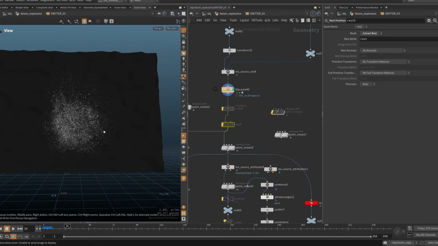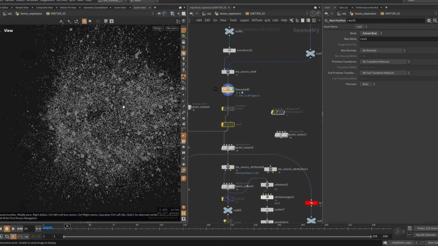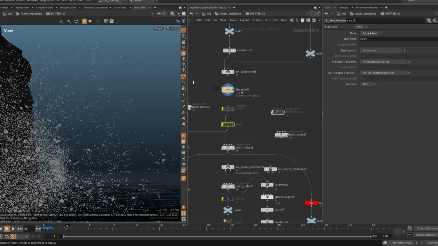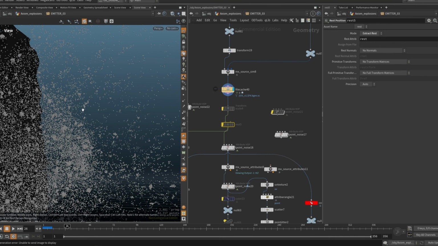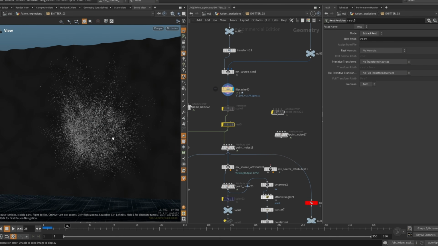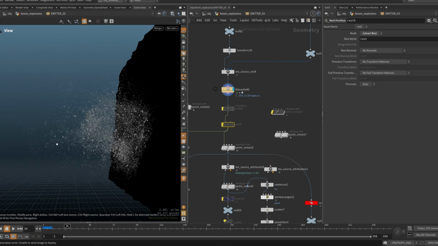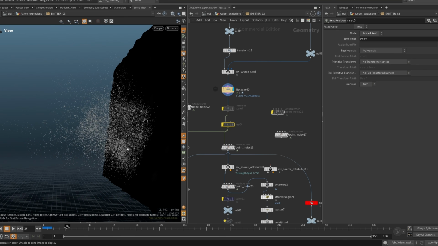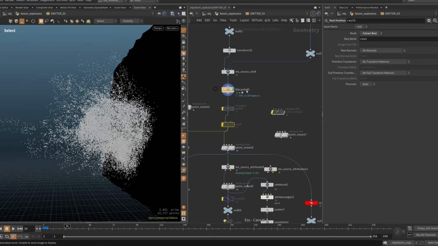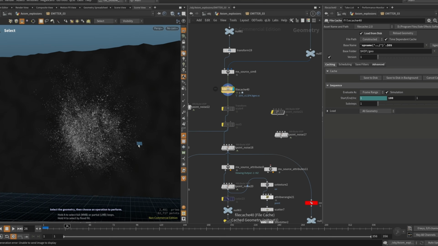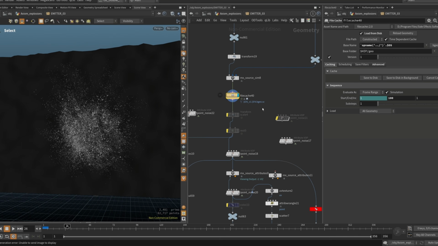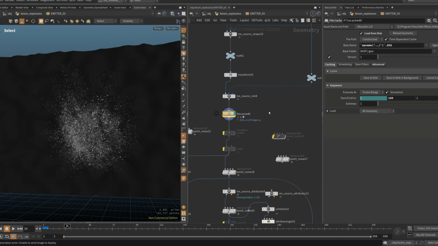Still tweaking stuff, but you can see with grains, you get a lot of these singular points, but you also get these chunks, and that's super organic. And honestly, you can just use this grains sim as a layer that you render with your explosion, and it would totally work. It would give it so much more realism and that grittiness that explosions usually